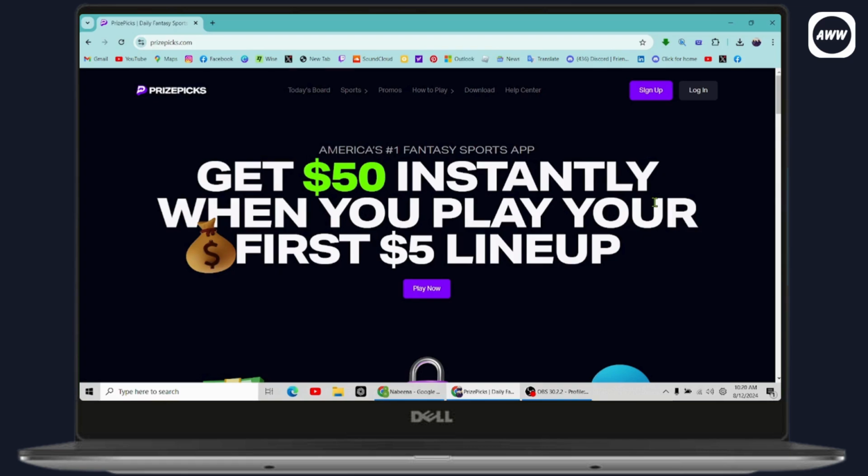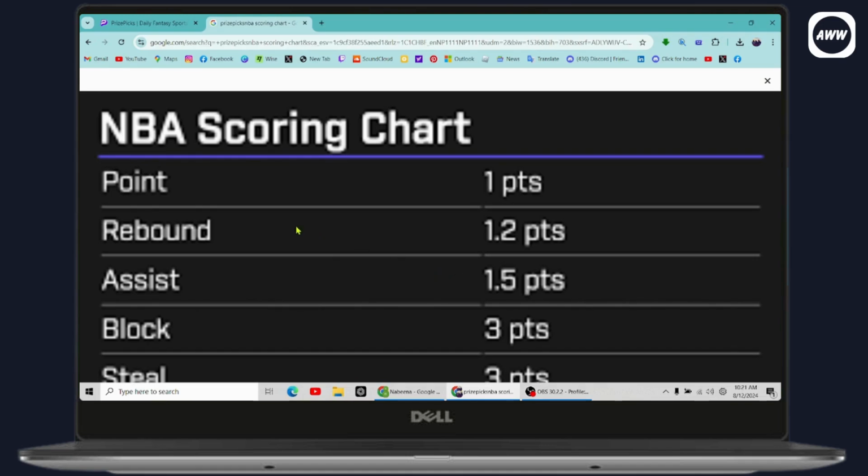So when you select any particular game and click on this option of scoring chart and just wait for it to load, then scroll down and over here you will be able to find different points for different aspects. And here you will have your NBA scoring chart, right? So you will get 1 point for points and 1.2 for rebound, 1.5 for assist, 3 points for block, and in this way you will get some points. You'll be able to accumulate the better your chances of winning with the competitors out here. So this is how it all